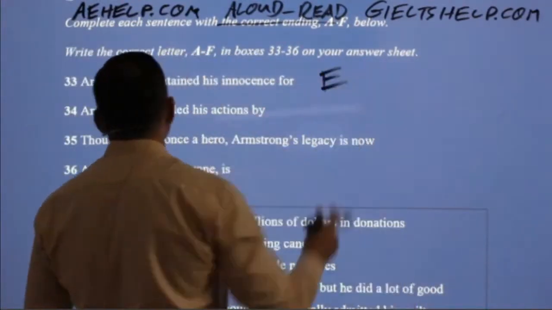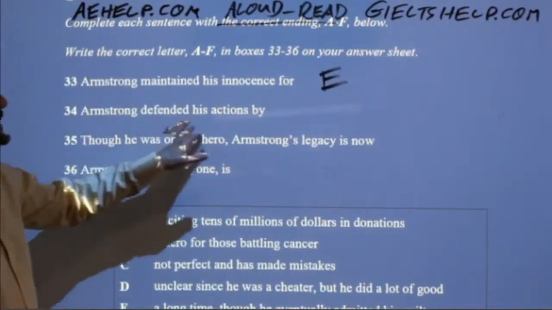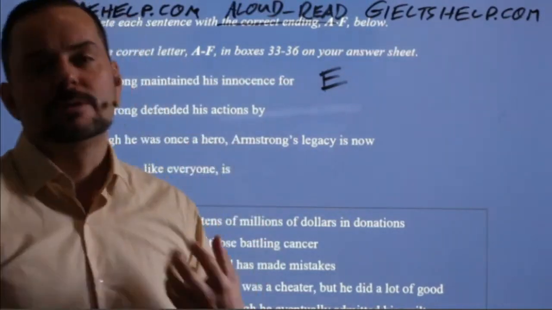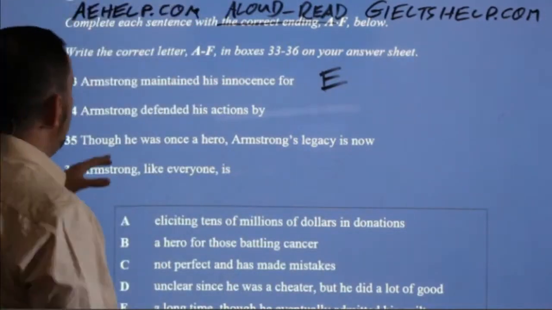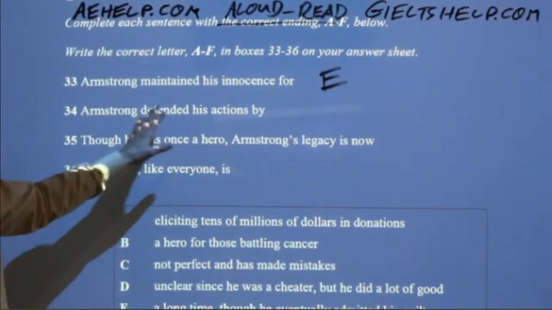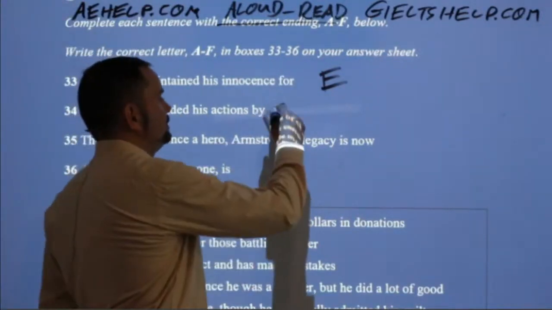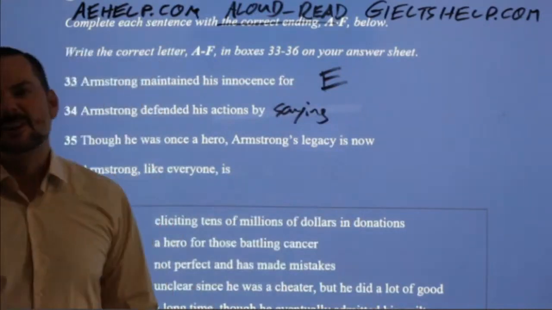Okay. All right. Armstrong defended his actions by. Yeah, I remember this too. I think it was a very strong and interesting message here from Armstrong. So how would you finish this sentence? So Armstrong defended his actions by saying,